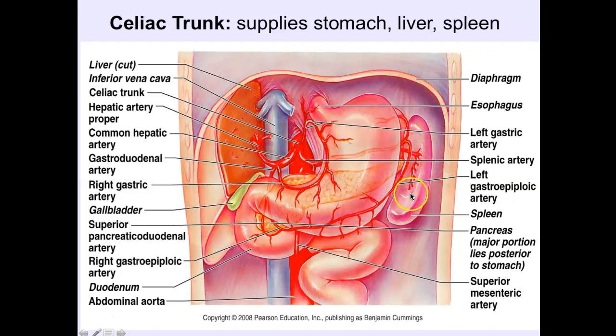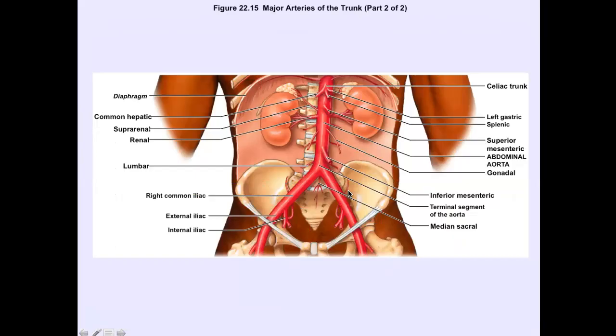So you can see how the spleen is situated. The spleen is situated really on the lateral abdominal wall. The stomach is right there too. Okay, so that is your celiac trunk. Coming back,